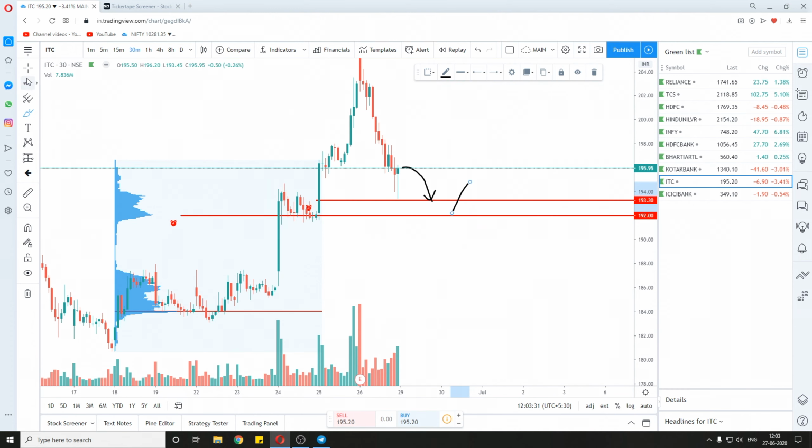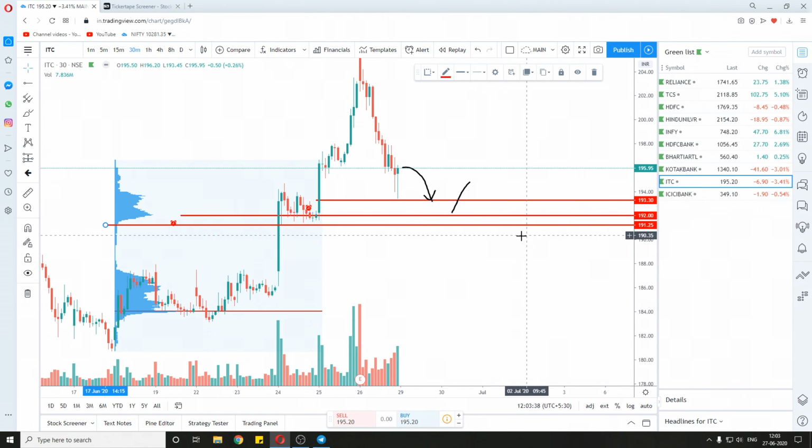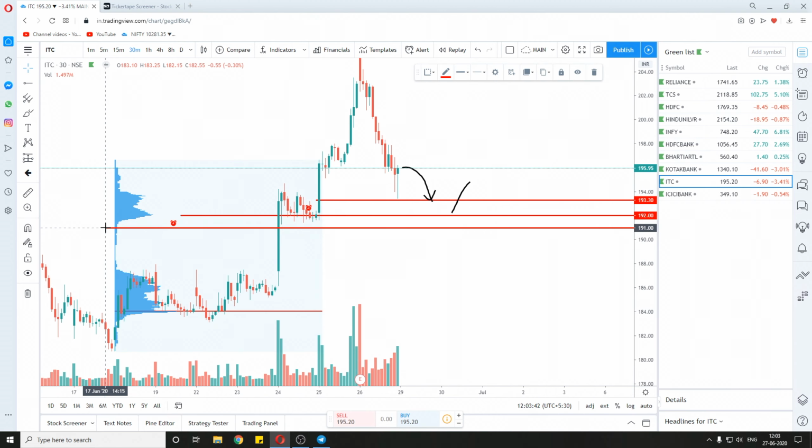Our stop loss is very small here. We will just place a stop loss at 191.25. That is a 75 paise stop loss. We can increase it a bit. Let's say a 1 rupee stop loss, and our target will be 1 rupee, or 1 to 5 rupees. So when the share comes down, it can go up. We can't know that, but